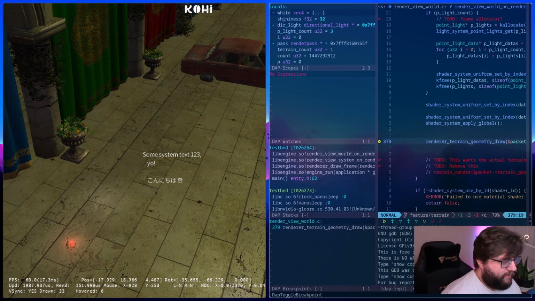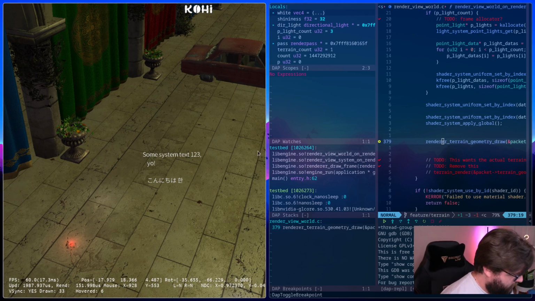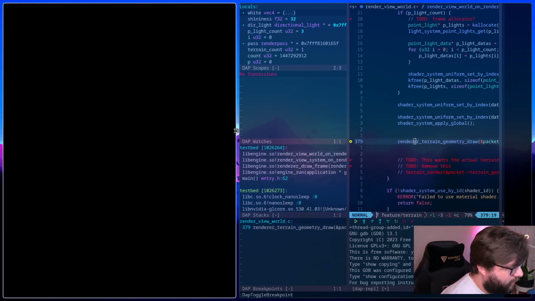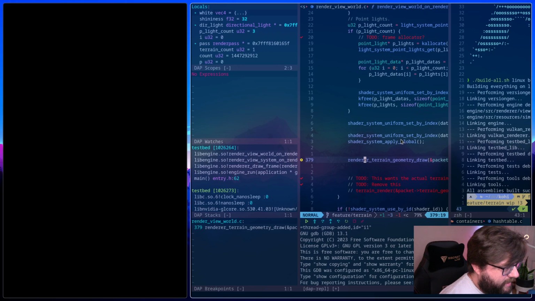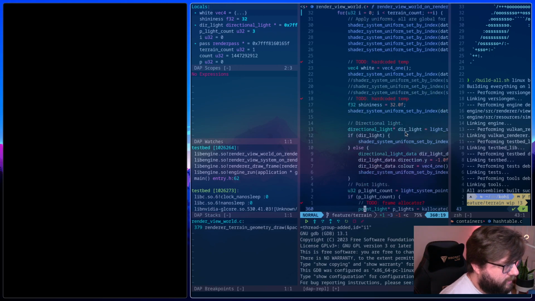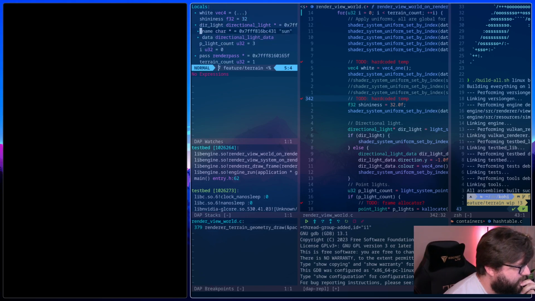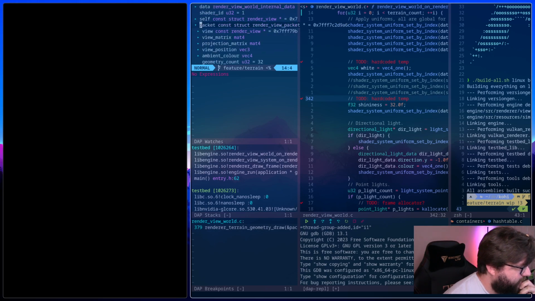So this makes me wonder if we're missing a piece of data, or maybe there's a piece of data that is just wrong. So let's take a look at some of our directional light data here. Right, so that looks like what we expect. What about our projection matrix and all that other fun stuff?